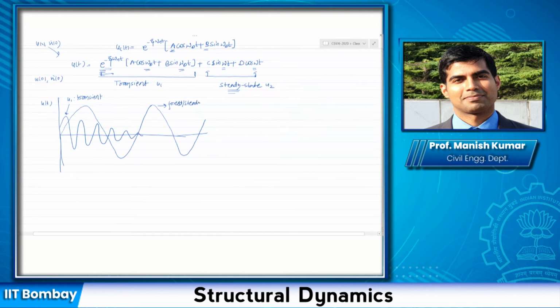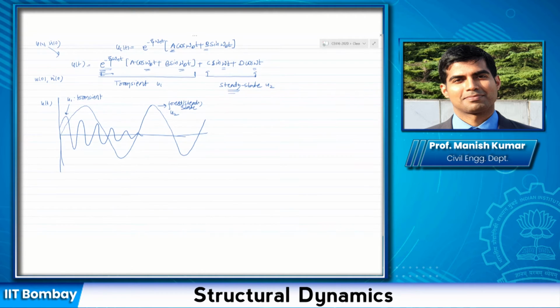We call it steady state because steady state is defined as a state which exists after a long period of time. Transient is defined as the state which exists at the beginning of time. You would know this from your undergraduate courses: with a capacitance, when the current initially flows through it, it is called transient current, and then there would be steady state. So think of transient and steady state in terms of that.